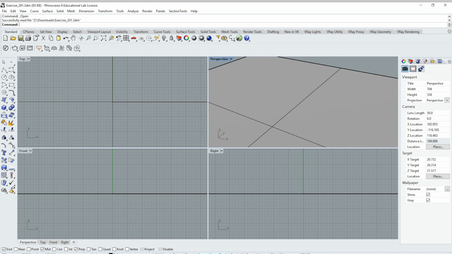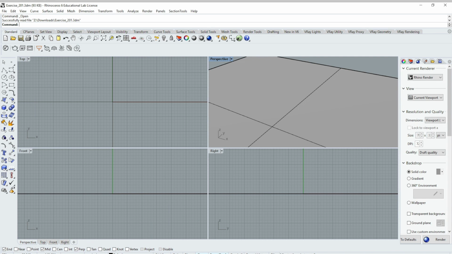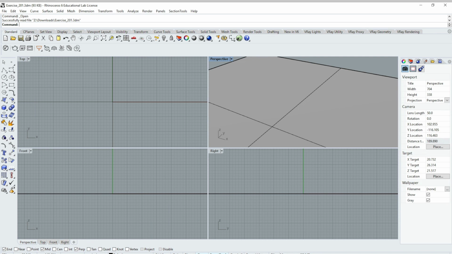Right now, it's just information about the viewport and the lens length that we're looking at the viewport in, etc. We have different tabs available across here, including the Layers tab, which we'll get to, including a Materials tab, etc. And finally, in the very middle of the screen, I have three primary views and a perspective view. So I have a top, front, and right side view. That's our standard orthographic projections. And then I have the perspective view. You're going to be working in a variety of these views as you go forward.